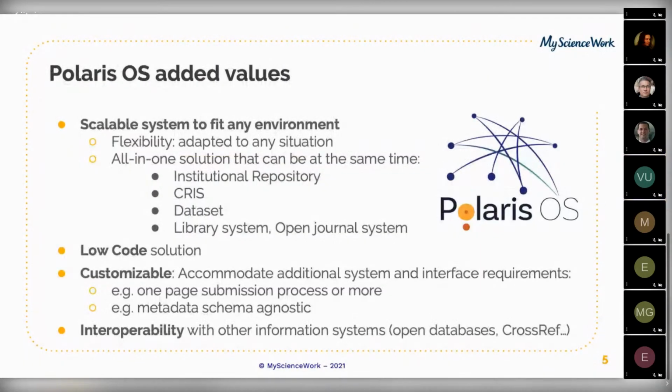So let's see why. Polaris OS is an all-in-one solution because it's really flexible and it can be adapted. It can be used as an institutional repository, as a current research information system. It can also be a dataset and an open journal system. I will give you some examples after to show how we can adapt Polaris OS to all these